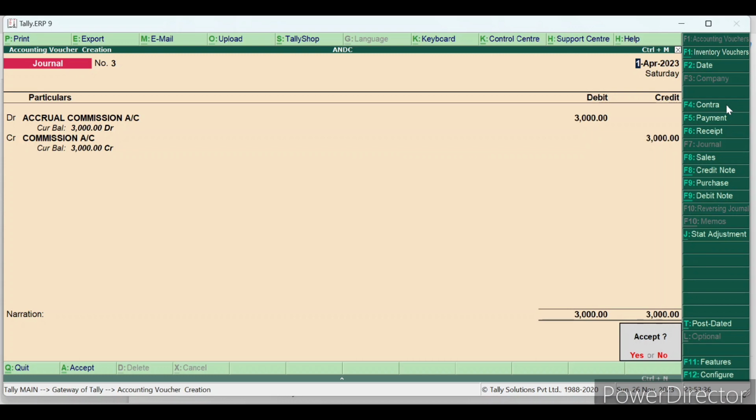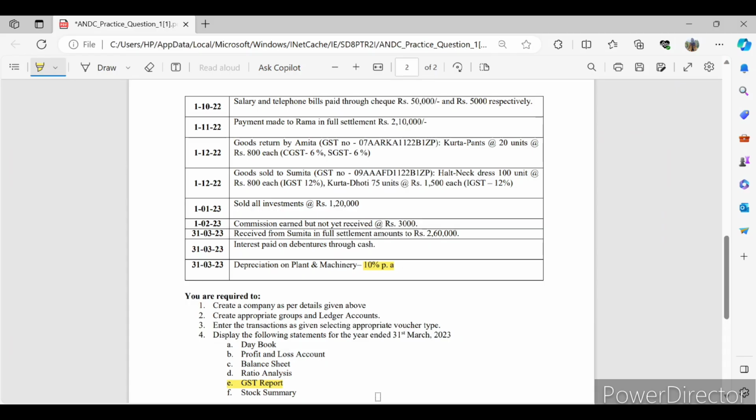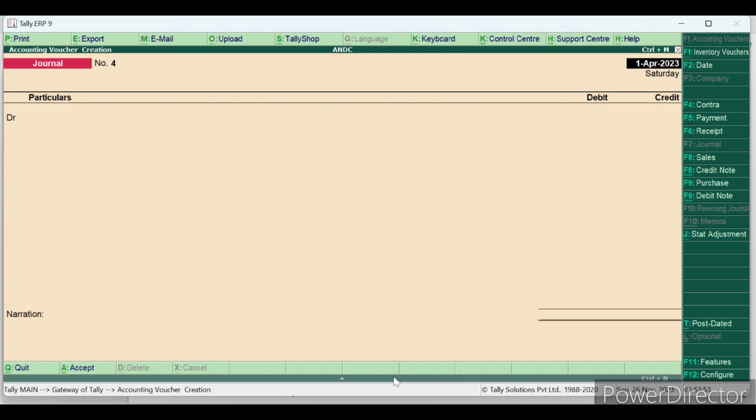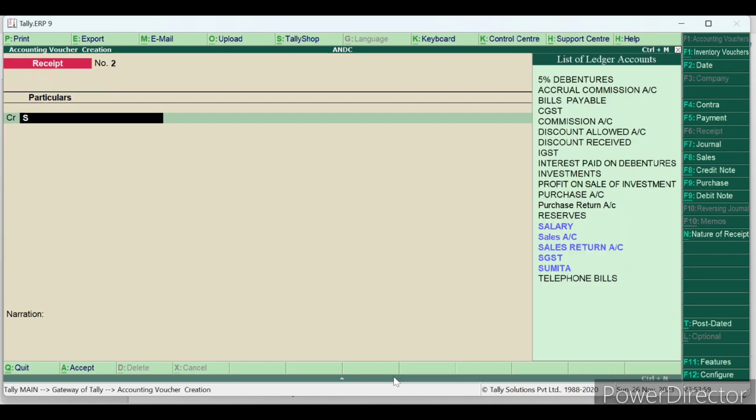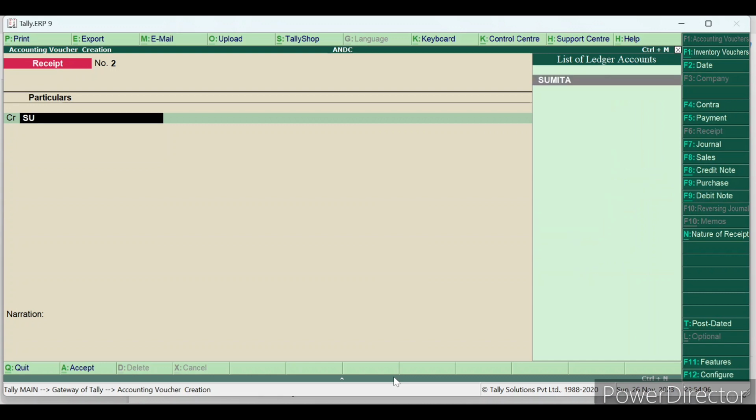Then received from Sumita in full settlement, amount 2,60,000. We will receive from Sumita 2,60,000. We are receiving it, so it's a receipt. So we'll put it in the receipt, F6. We are receiving, so our bank account will be debit. Canara Bank to Sumita. The whole amount is